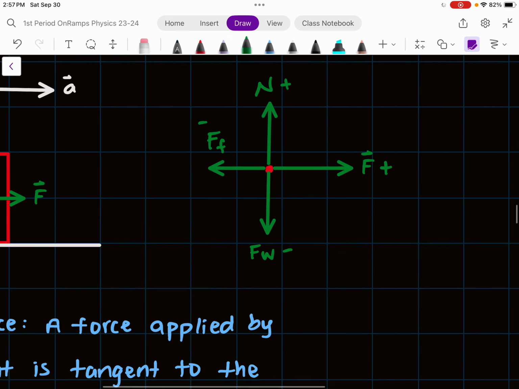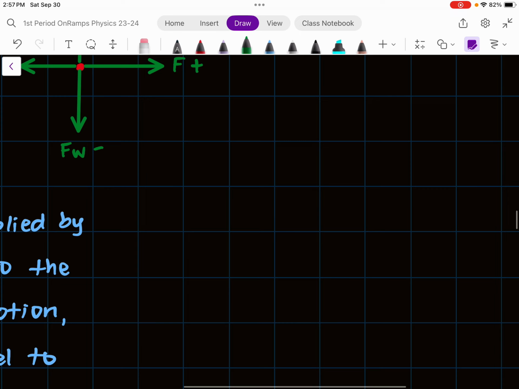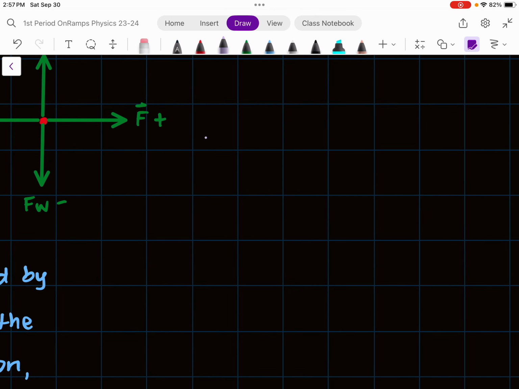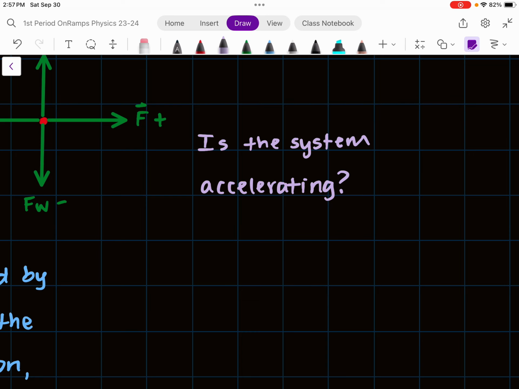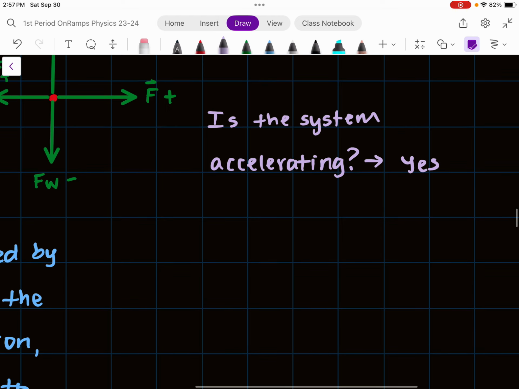Okay. So now, let's sum the forces over here. Oh, let's ask the question. Is the object accelerating, or is the system accelerating? Well, the answer is yes, because we have this acceleration vector shown to the right. So then that means